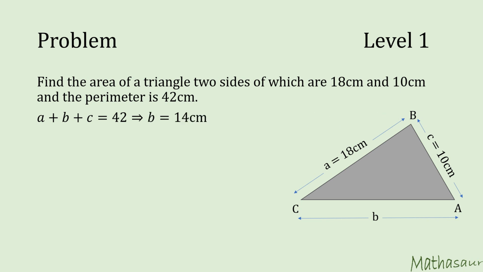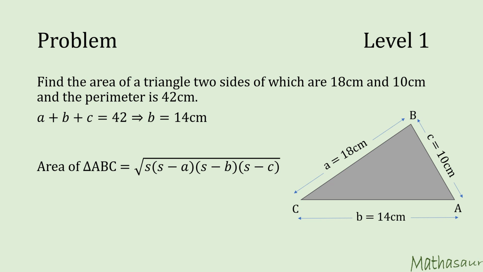Now the formula for the area of a triangle is square root of S times S minus A times S minus B times S minus C. Now here we know A, B and C, but we would have to find S. Now S is half of A plus B plus C, or 21 centimeters. Let us substitute the values